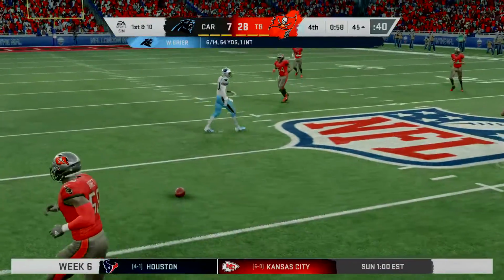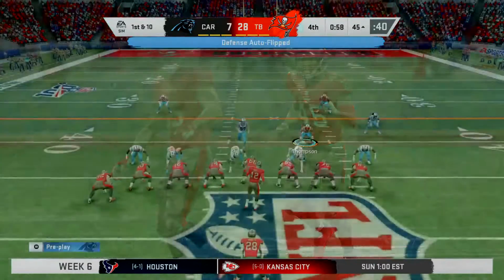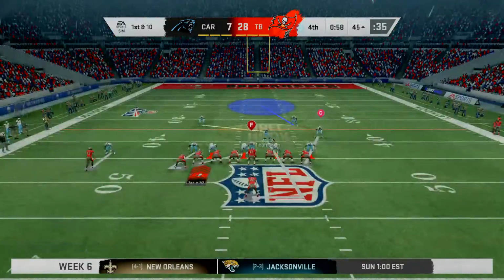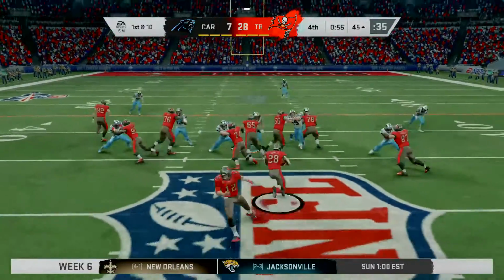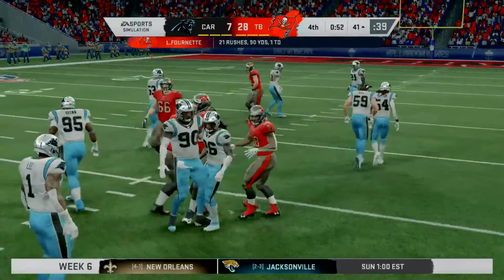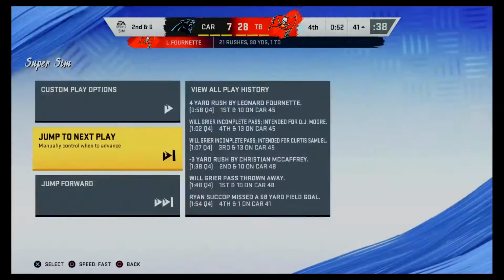Now they go for it on 4th down, but that pass is knocked away and incomplete. So they tried to go for it for pride, but it really wouldn't matter. This one, it was already determined. No doubt about it. This one was over a while ago. And this winds up a gain of...